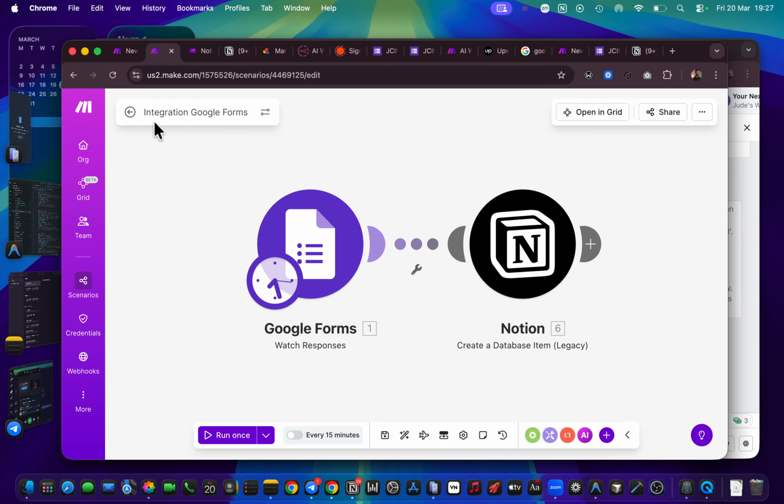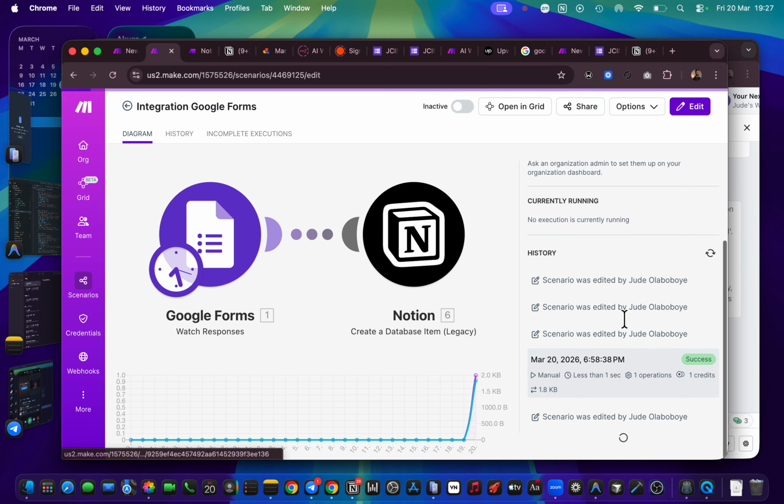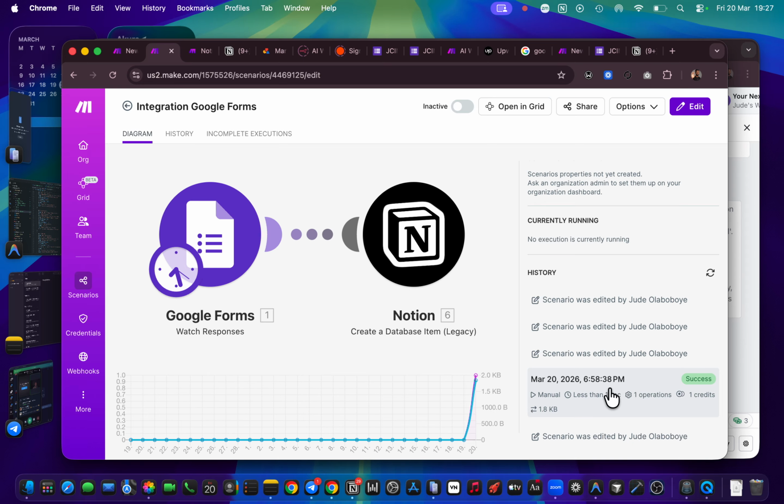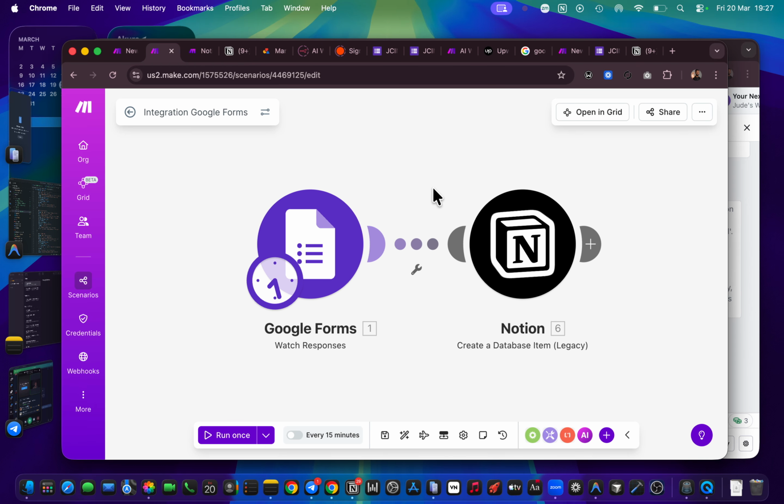Okay, so let's go back there. Yeah, before I forget, you can see we have our history and everything here. This was the first one we ran, only one module. You can see the one credit, one operation. That was the time we did only this. So let's go back here now and run once. Now that's done again. This is the second and the fifth answer has gotten in. Now in this case, we've taken one credit first. We're taking another credit. We're taking 2 credits. This is 1 and this is 1, 2. So that means in total we've taken 4 credits out of 1,000 credits that we have.